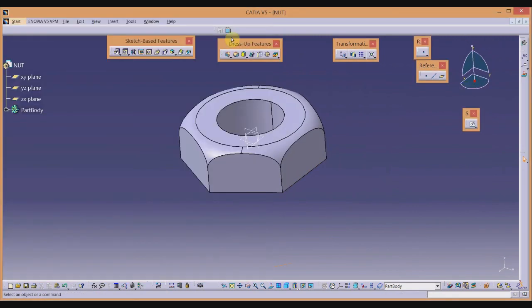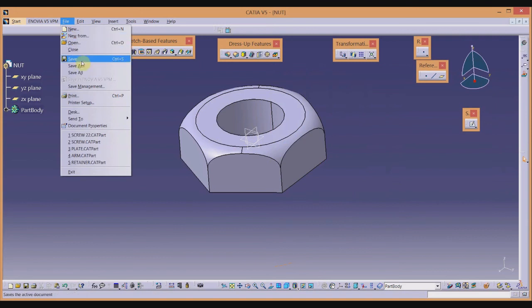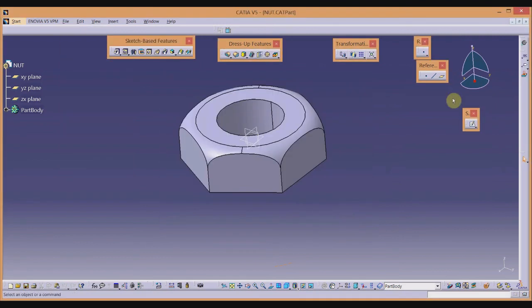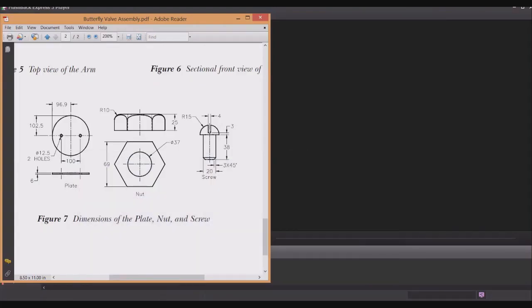Okay. So we'll save this with the name of nut, in the same folder in which all the components of the butterfly valve assembly are there. So we have done with the part modeling. We have produced solid models of all